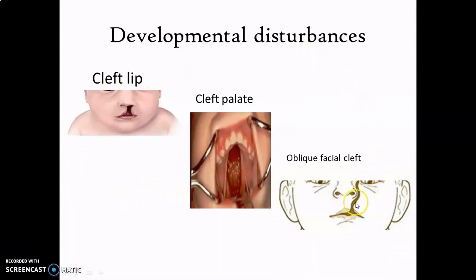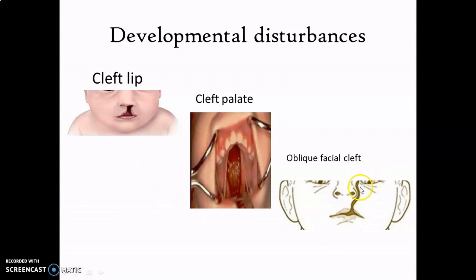So as you can see here, these kinds of disturbances in development may result from improper fusion of these facial prominences. For example, cleft lip results due to lack of fusion of median nasal processes and frontonasal prominence. Cleft palate may result due to lack of fusion of palatal shelves, which are extensions of maxillary process. These cleft lip and palate can usually be seen together in an individual, and isolated cleft lips are also common. The correction of cleft lip and cleft palate is a very complicated procedure that must include specialists from various specialities of medicine, including dentistry.